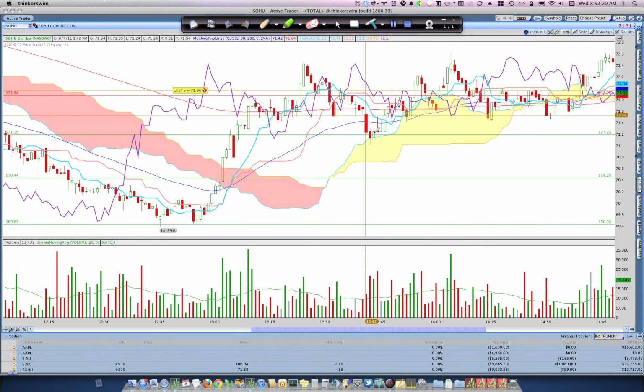Price came down, hit the bottom of the cloud, bounced off the bottom of the cloud, came up into a fib area. The Chikou span, 26 periods behind, is here. It is getting support from the fib line, naturally, because it's representative of these candles. Price moves up, comes down into the cloud, and we finish the day